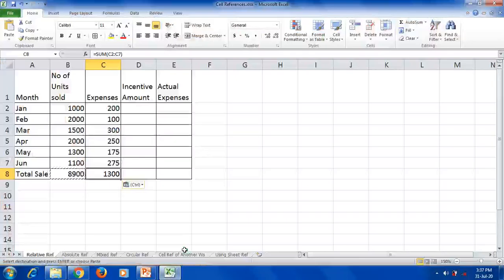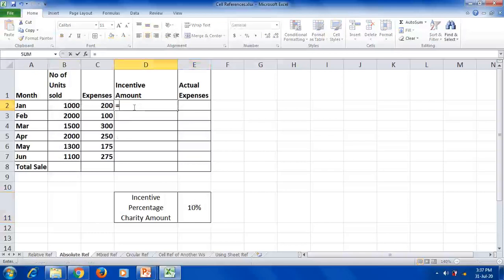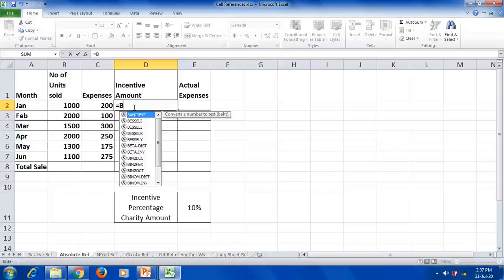Absolute reference. See now, here we have some values, number of units sold and expenses, and we are going to calculate incentive. This 10% is given for calculating the incentive amount. With the units sold, we are going to use this percentage, right? I'm going to use the same example you have in your textbook.